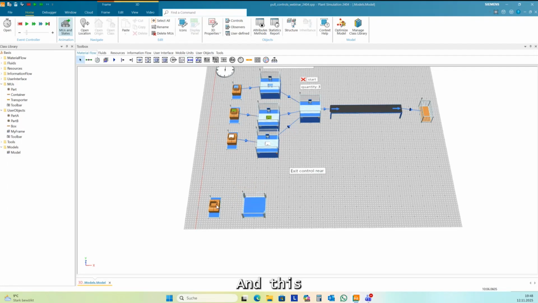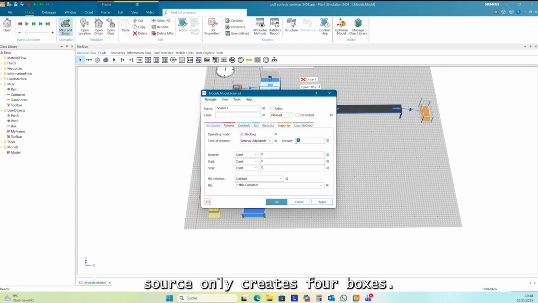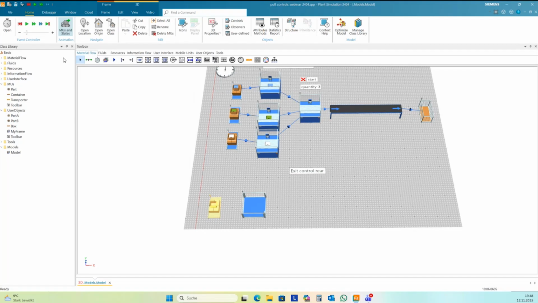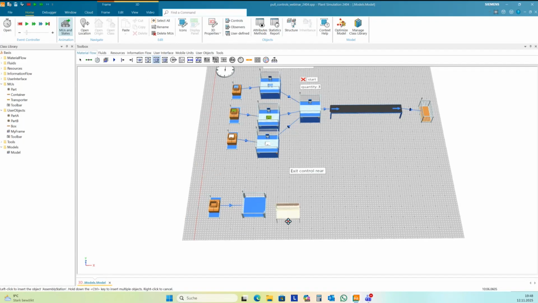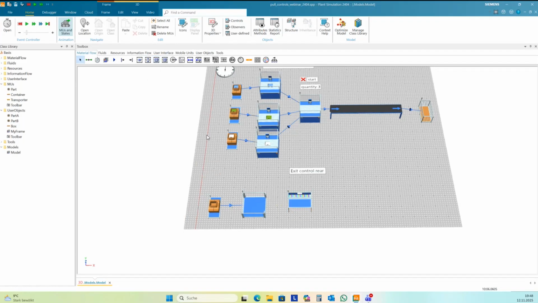And this source only creates 4 boxes. And then I need an assembly station, and a source for parts.